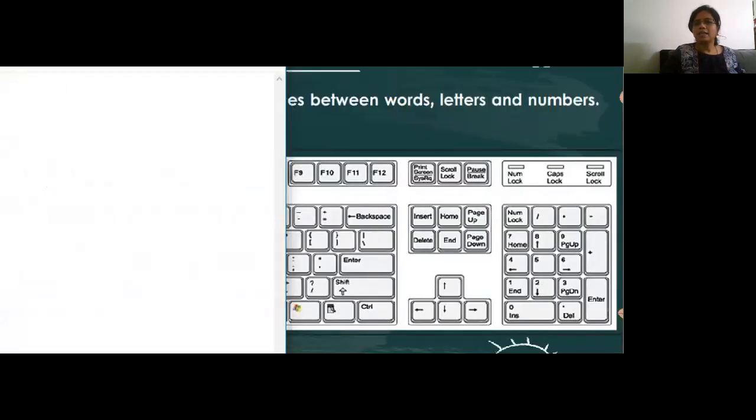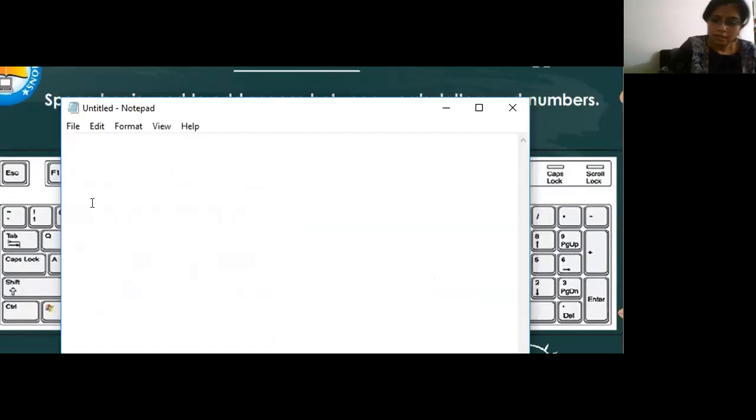Okay, I have taken a paper on my computer screen. I want to write class 1. Oh God, I have written class1 together. Now I want to put a space between class and 1. So do we write the same way in our notebooks? No. We leave some space, right? After writing class, we leave a little space and then we write 1. So how should I put that space here? Yes, by using this space bar.